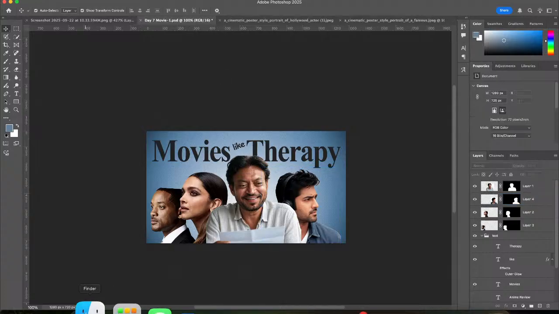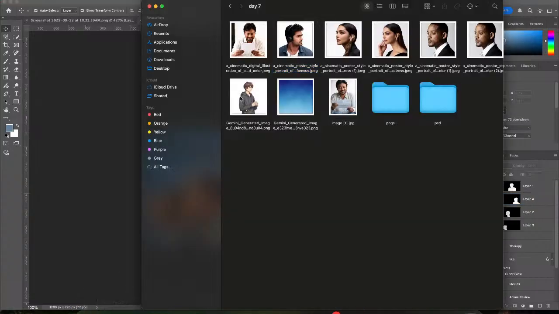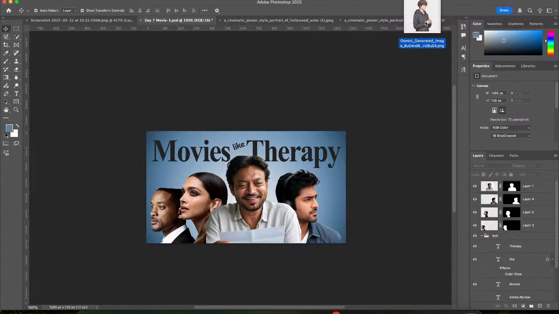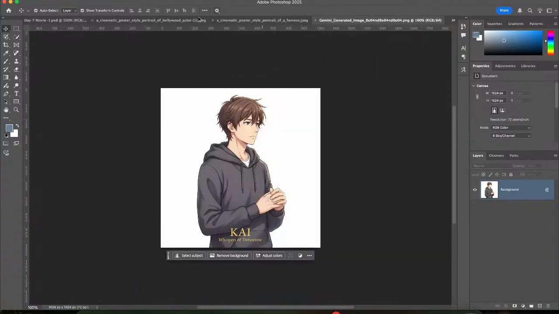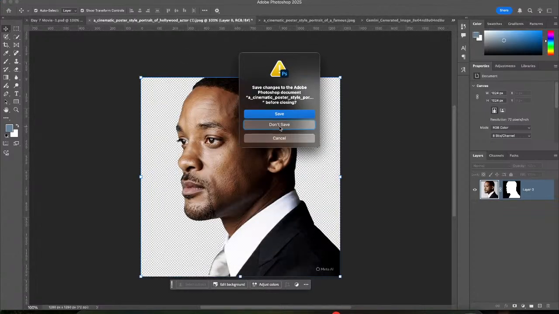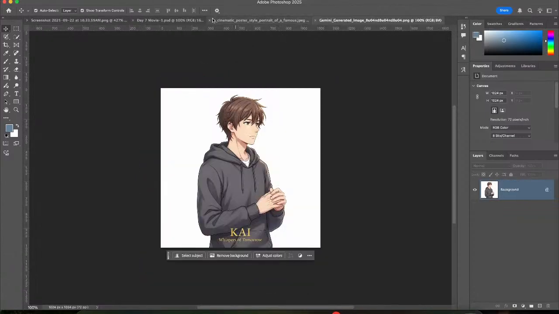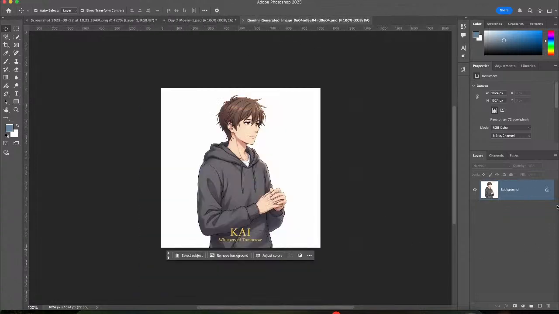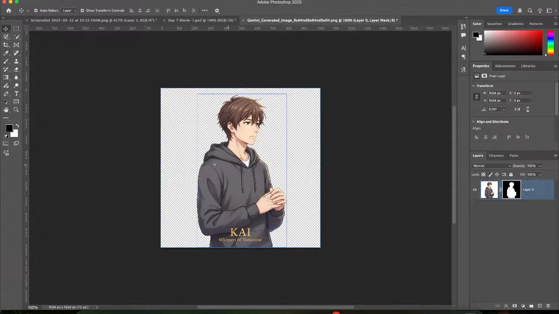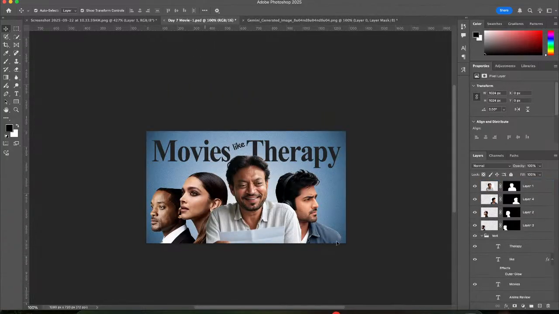Let's add our anime. It is also a random anime image I downloaded from the AI. You can use any image. Close all the tabs first. And this is generated by the Gemini. Background is removed. Now add this to the